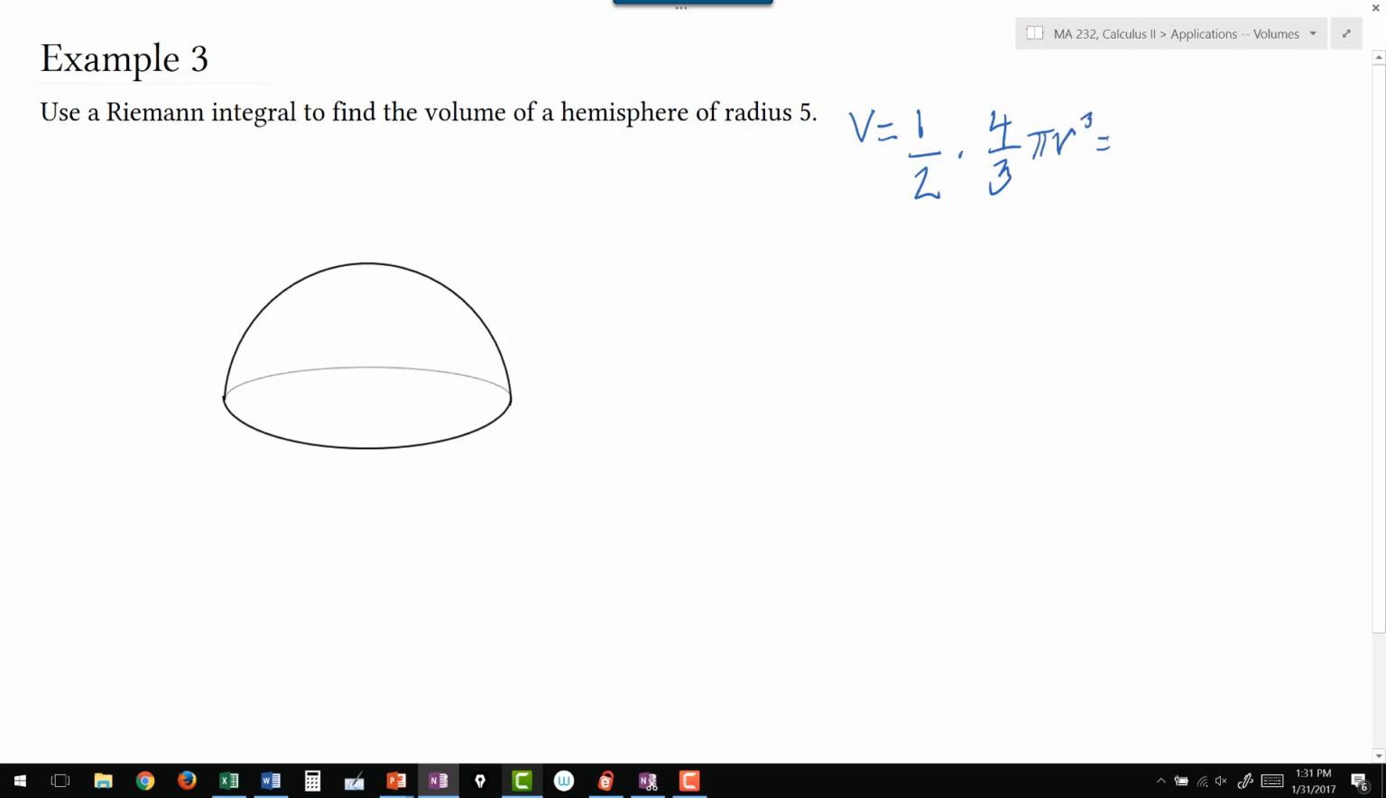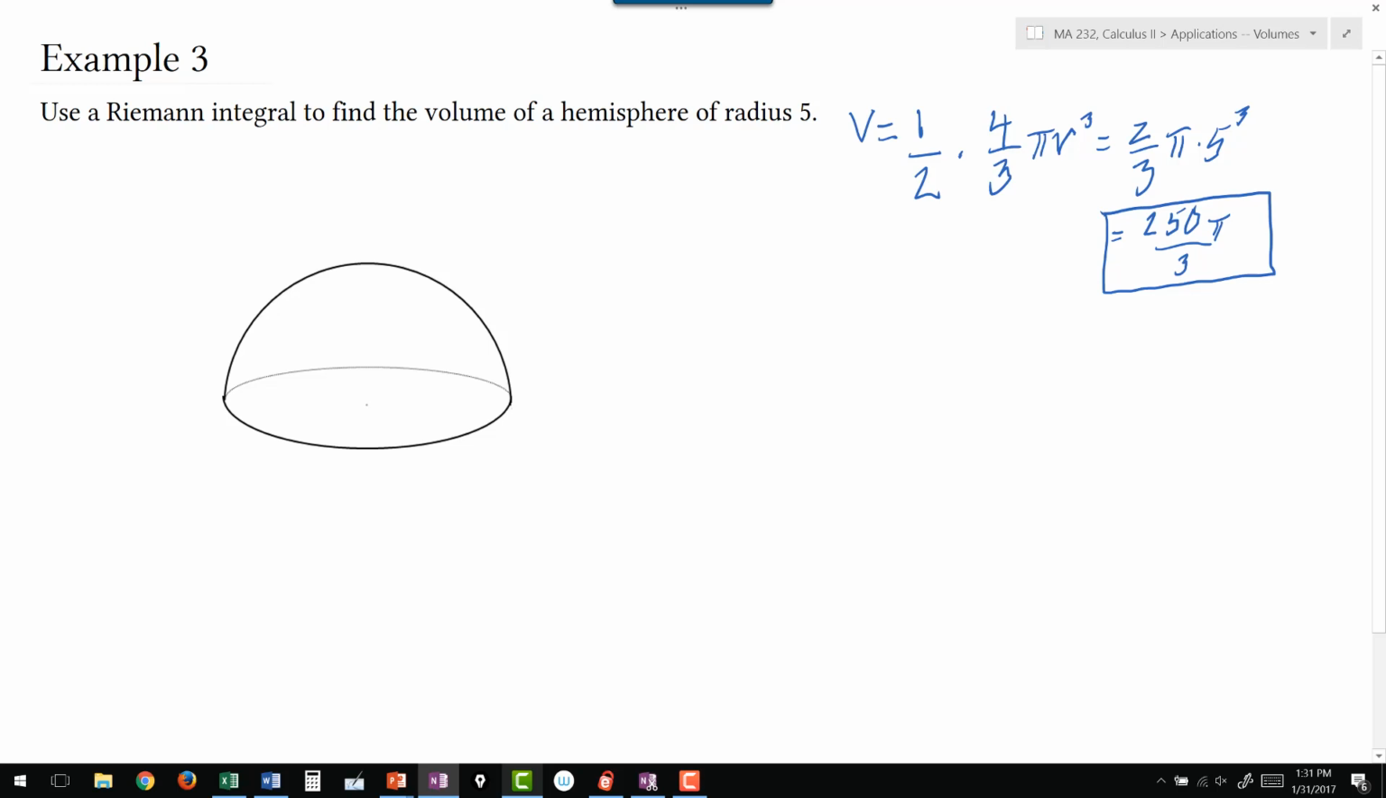In this particular case, the radius is 5, and that means we'll end up with 2/3 pi times 5 cubed, and I can rewrite that as 250 pi over 3. So we know the volume we should get after applying the Riemann integral method to finding the volume